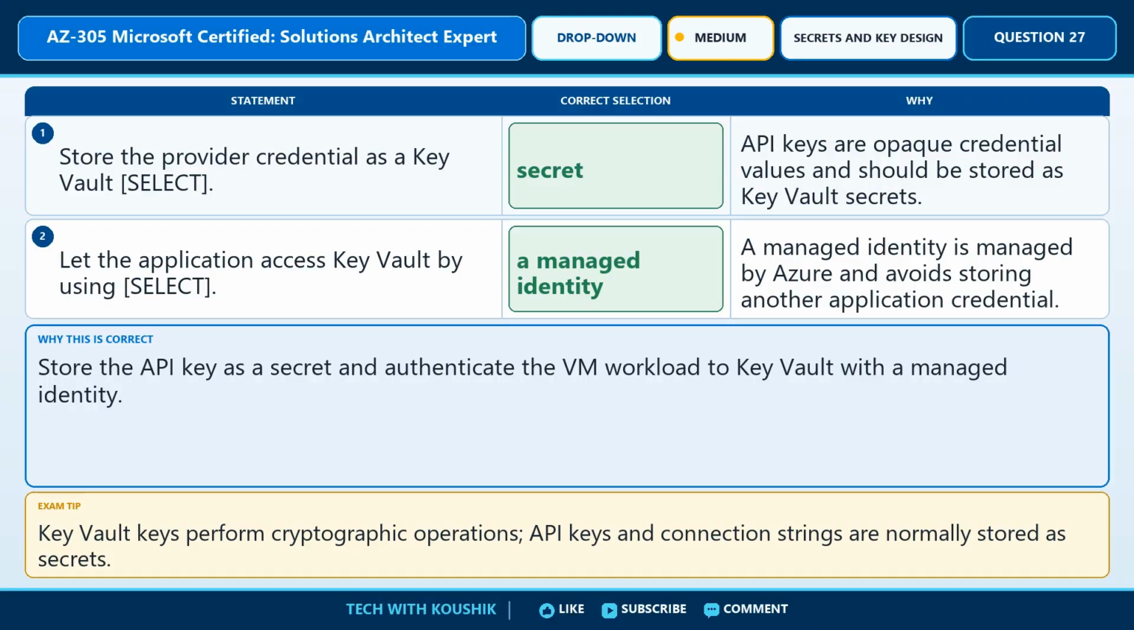Statement 1 should be completed with secret. API keys are opaque credential values and should be stored as key vault secrets. Statement 2 should be completed with a managed identity. A managed identity is managed by Azure and avoids storing another